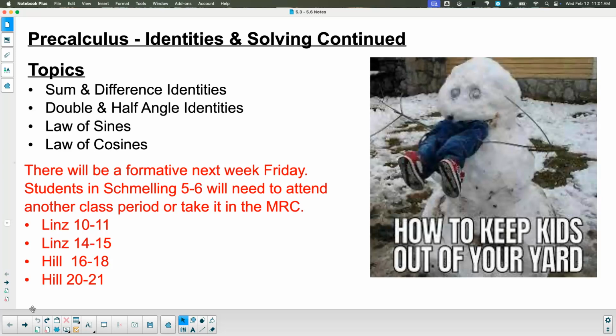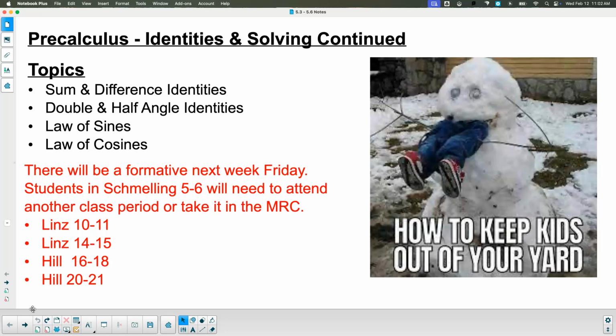Okay. So then the next unit that we're going to start, we call it 5.3 to 5.6. There are 4 topics that will be in this particular unit, and those 4 topics are sum and difference identities, or your sum and difference identities. Today, that's what we're going to focus in on, is the sum and difference identities. So you're going to want to have your identity sheet out with you. And then we'll do that today,